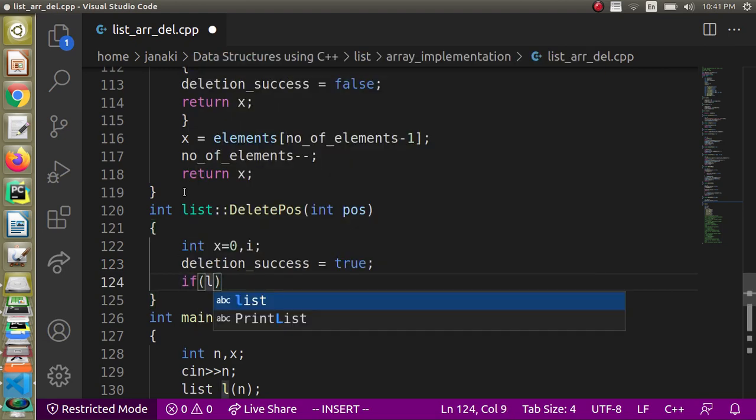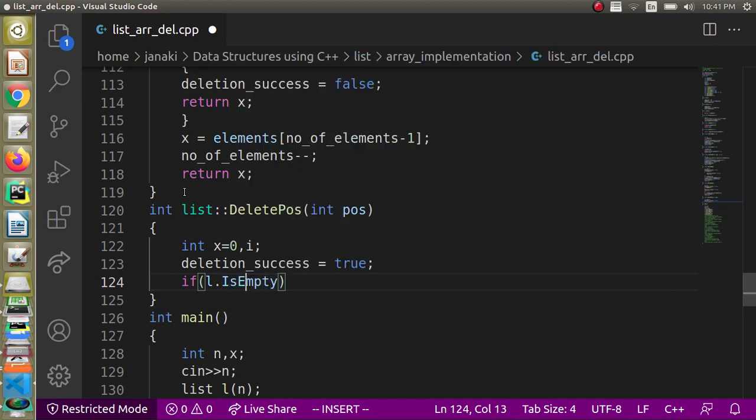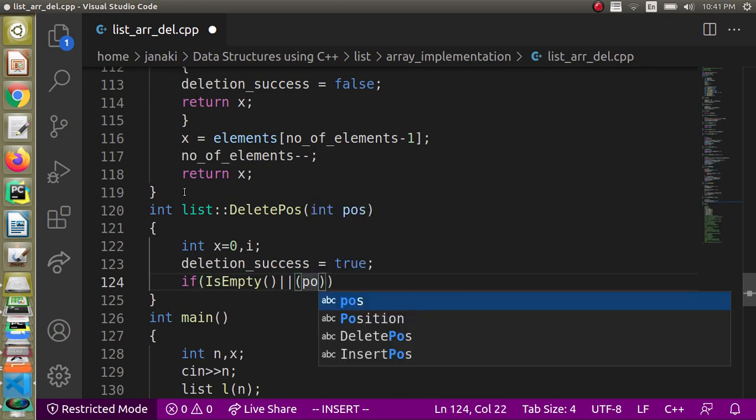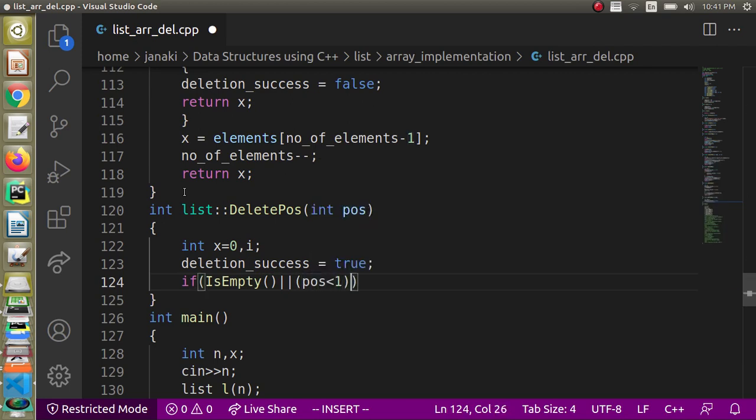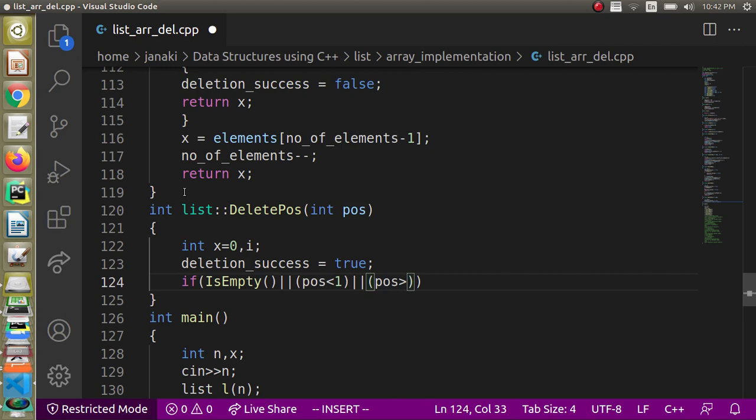So I am going to check whether the list is empty. Oh sorry, I should not write L dot, that is the implicit object. So when I write isEmpty like this, the implicit object will be checked. If the list is empty, or if position is less than 1, or if position is greater than number of elements.